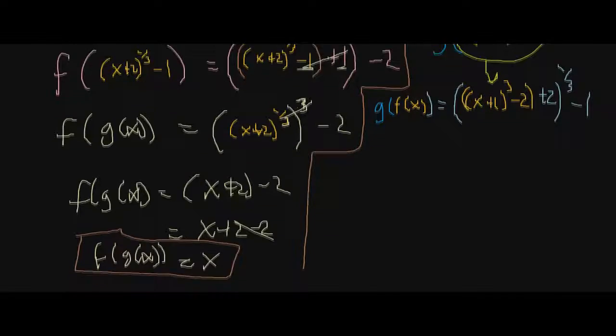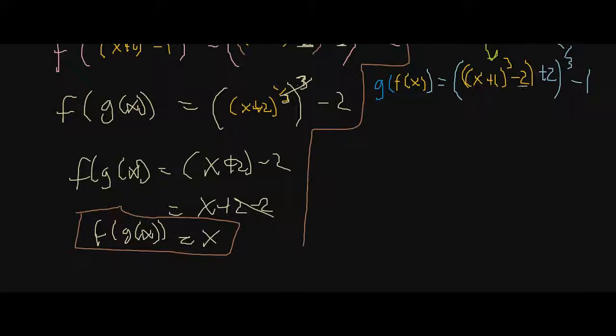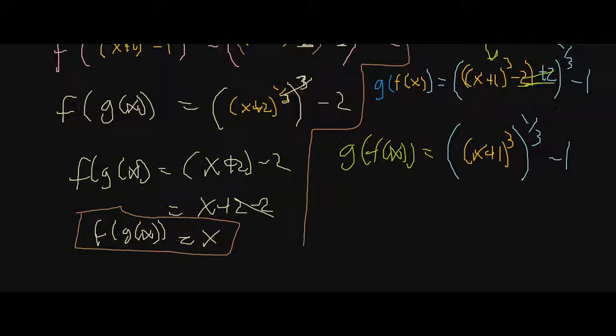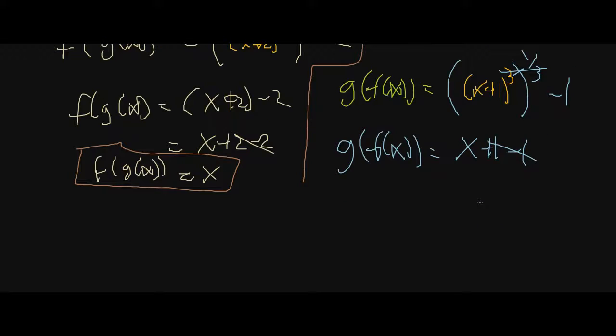So now if we scroll down, all right, well, what's negative 2 plus 2? Well, that's 0. So we're going to get g of f of x is equal to x plus 1 raised to the third power all over 1 to the third minus 1. Well, it's 3 times 1/3 up here on the exponents. Well, that's just 1. So we get x plus 1 minus 1. 1 minus 1 is 0. So finally, we get that g of f of x is equal to x,